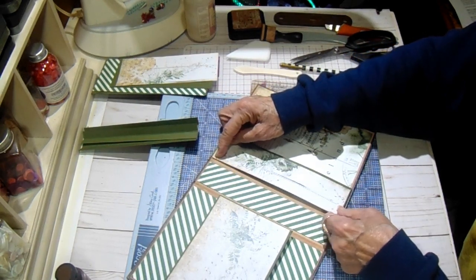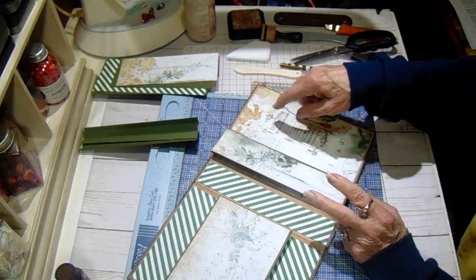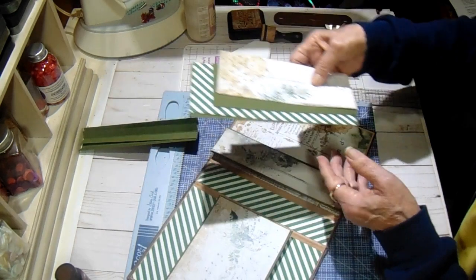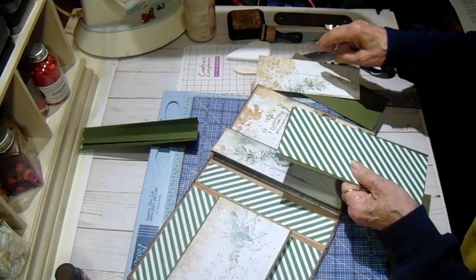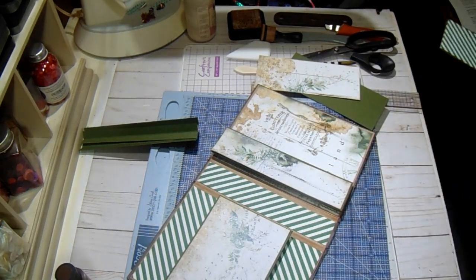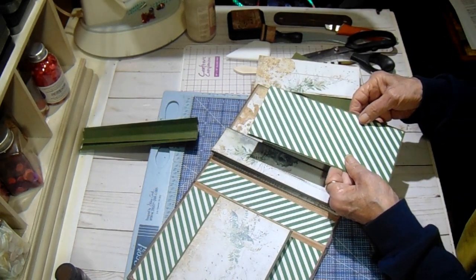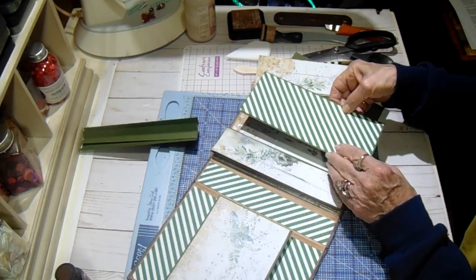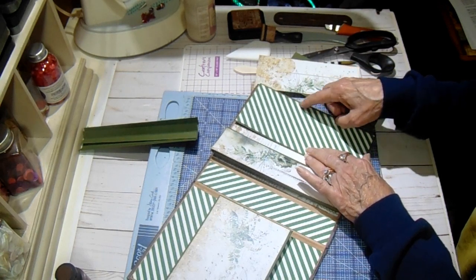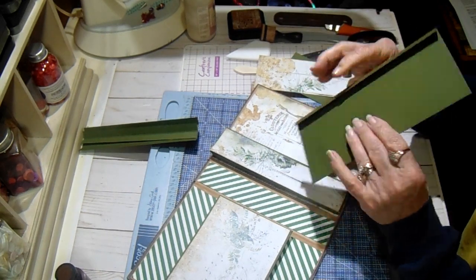Oh, and I did go around the inside of the album with Vintage Photo, and I inked all my design paper with Vintage Photo, but I didn't ink the green because it didn't really show up on there anyway. Then we have 2 flaps for the right hand side, and they measure 8 3/8 by 4, which is the larger one, and I cut the green stripe to fit over that, and I just have a 1/2 inch score line, and that will fold under,